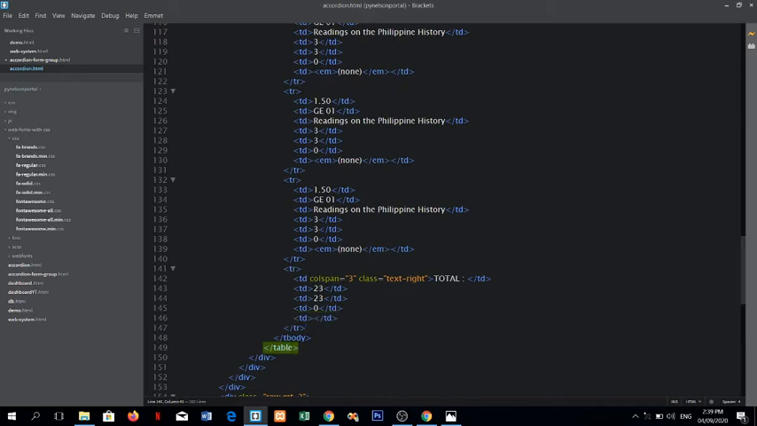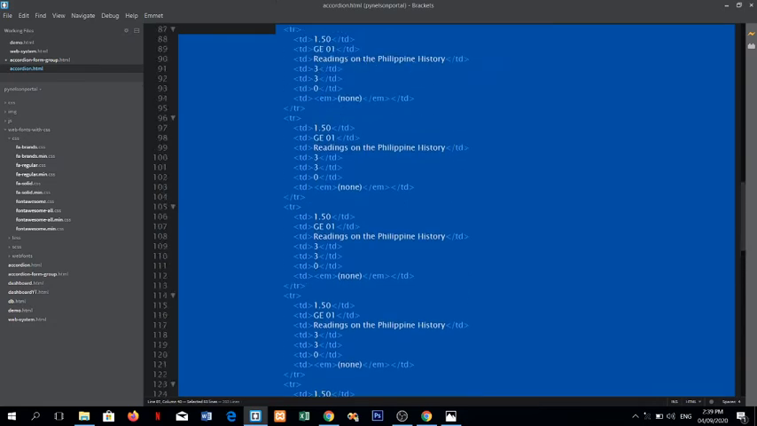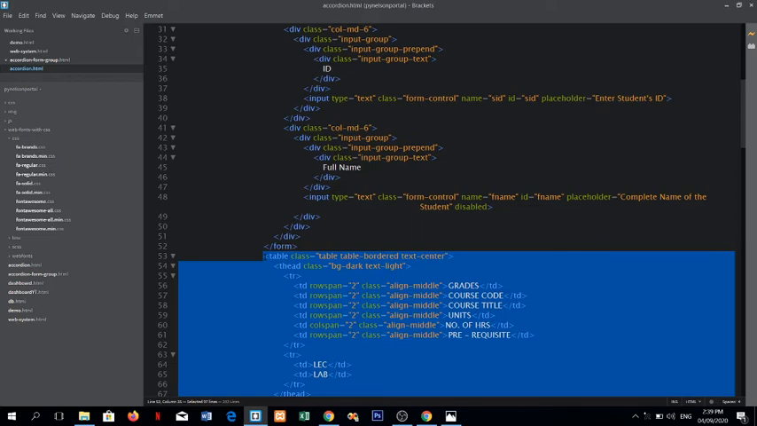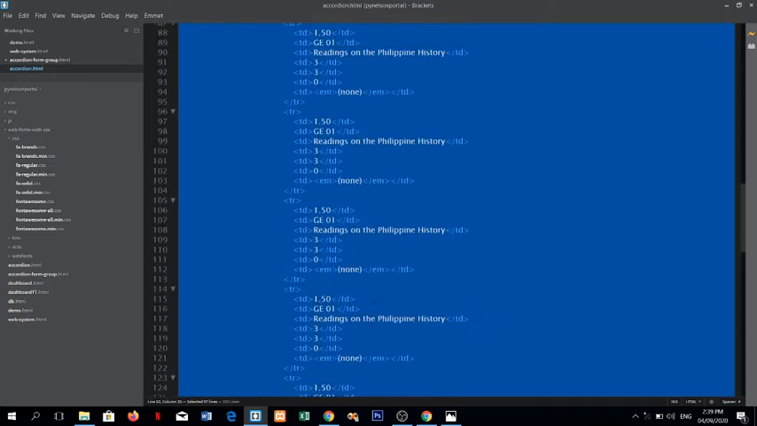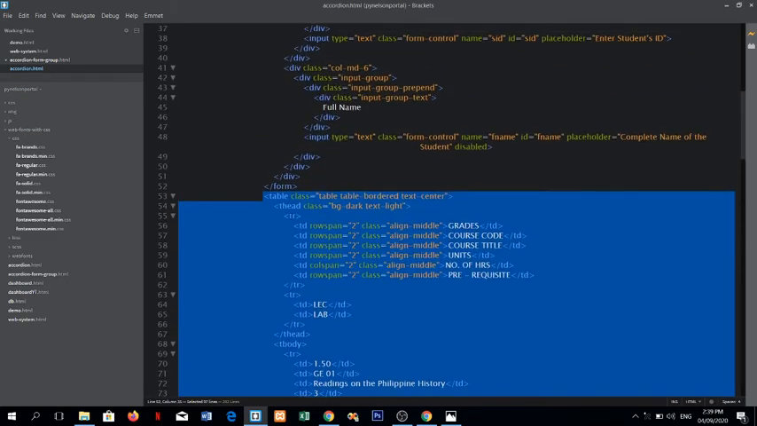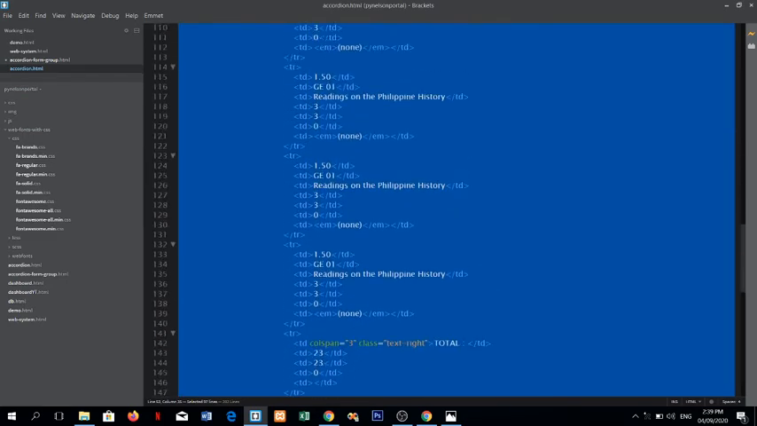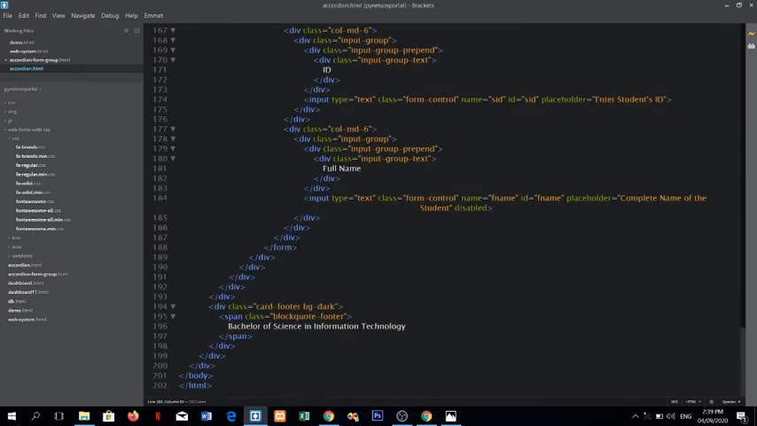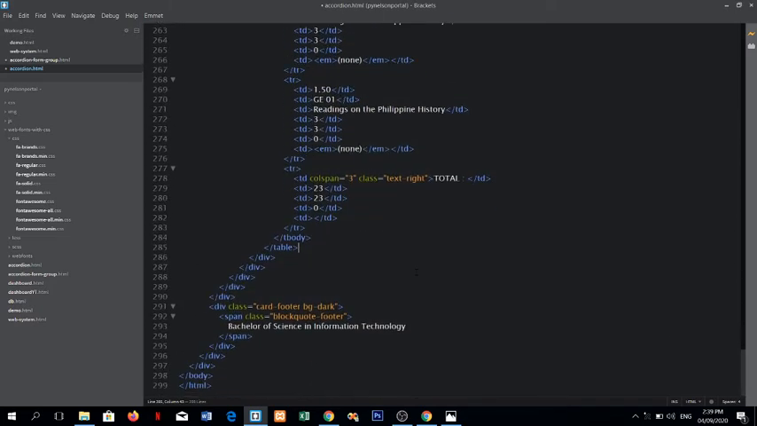Okay, all we need to do is to copy this whole table, because we need this one for the second button. So Control C. You have to make sure that you copy from the opening until the closing tag of the table, and then we need to paste that one on the second button. So just after the closing form of the second button, just paste it there, and then save, and let's